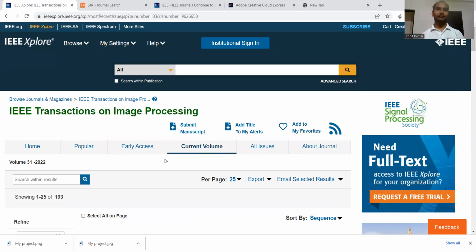This is the approach if you are finalizing the journal first, that I want to publish in this journal, and then you start writing your research. But if you are going the other way, you have completed your research, you have proposed, you have got some results, and you have written your work, then you are finding a suitable journal for that particular research. Then according to your research, you may go